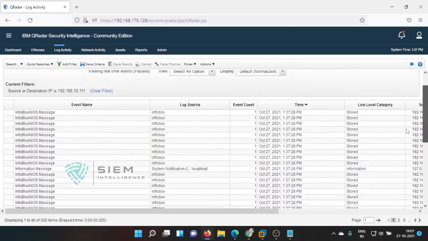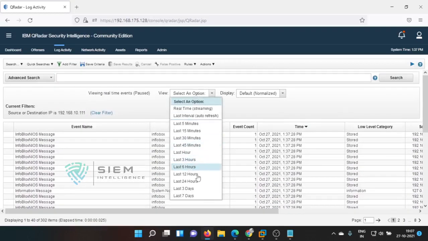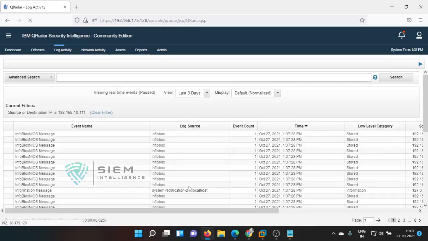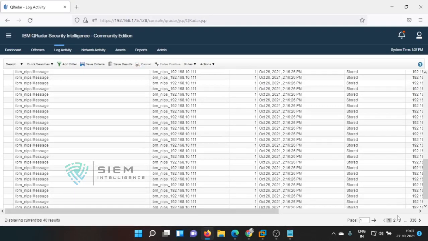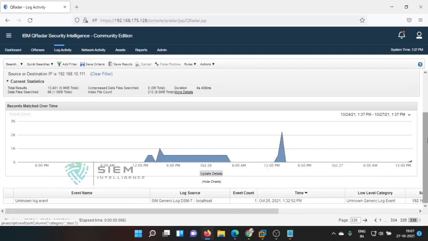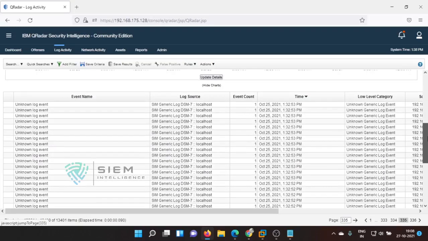So I'll go back to yesterday's time, around 3 days back. I got some stored data and there are some unknown logs. See, if you see unknown logs here, first to set up our